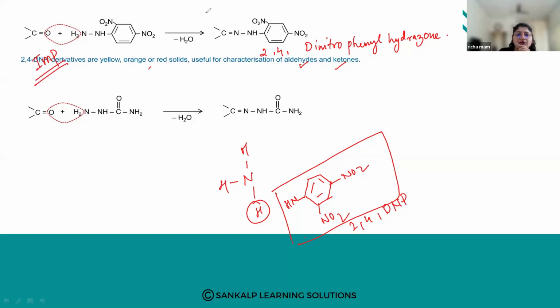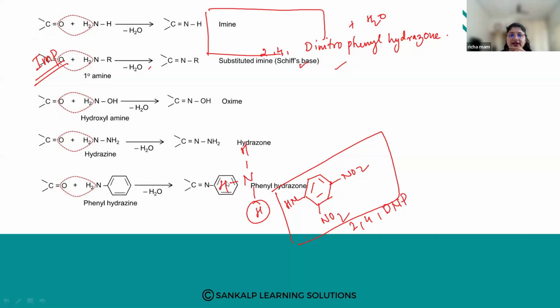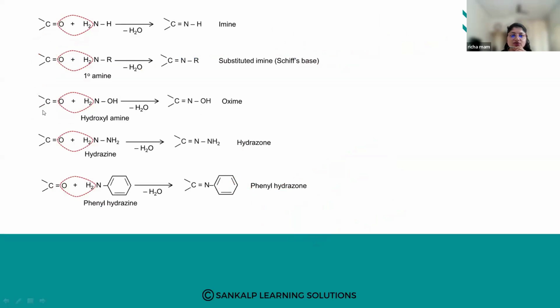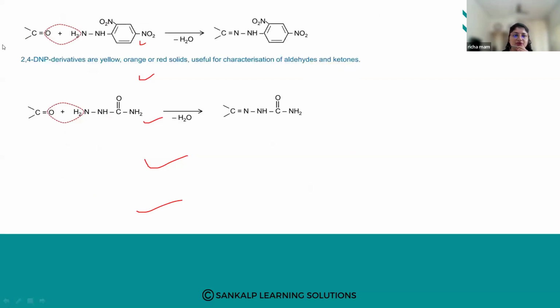Okay, so how is the product formed? They will ask you. Okay, so when the carbonyl carbon reacts with 2,4-dinitrophenylhydrazine, what is the product formed? Right. So what is happening in each step? What you can see is that there is a loss of water molecule. Okay, from all the previous derivatives, you can see there is a loss of water molecule, everywhere. So with the loss of water molecule, it is forming the product. So this is the byproduct which is formed. So here also you can see when the carbonyl carbon reacts with 2,4-dinitrophenylhydrazine,